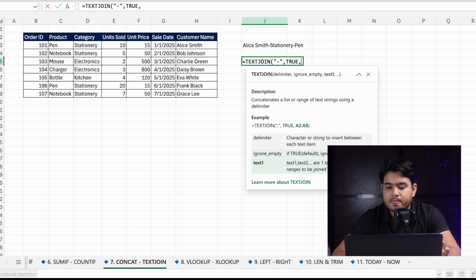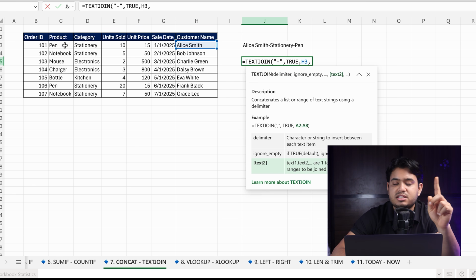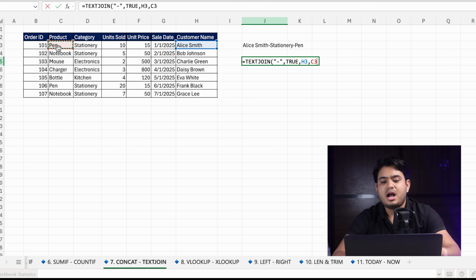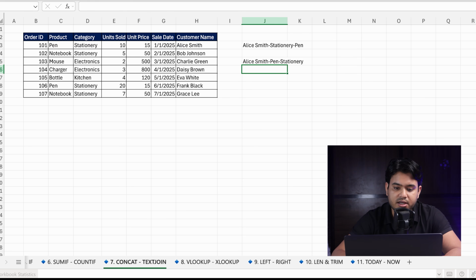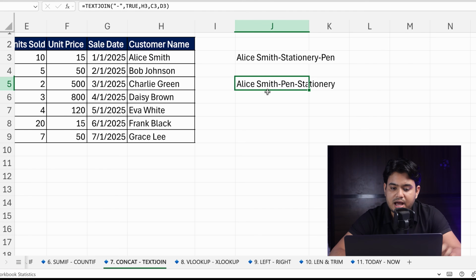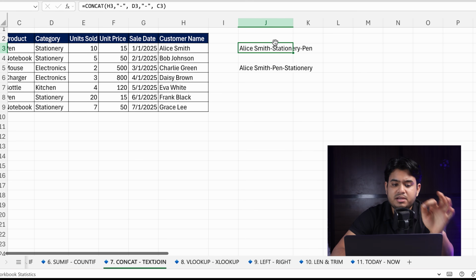Okay, then comma. Now this is the dash I want to put between two names. So first will be my Alice Smith, and I want to show that he has bought pen. Okay, so I'm giving first text, comma, second text. I want to give for multiple, so I can select the third one also. Okay, and I'm clicking enter. See, here you can see this is Alice Smith dash pen dash stationery, means here you can put multiple things,